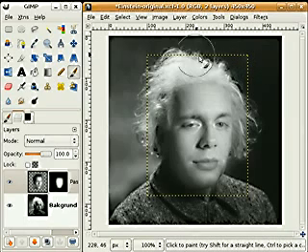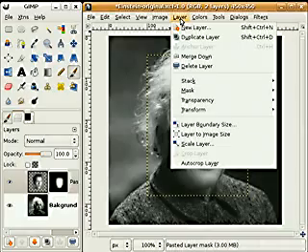These yellow borders, let's get rid of those also because they are annoying. This is the boundaries of the layer. To make the layer as large as the image, we go to layer and layer